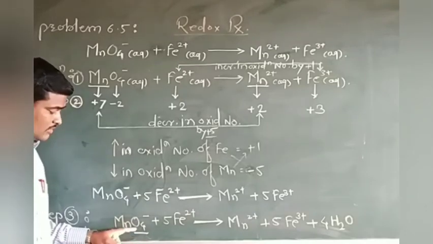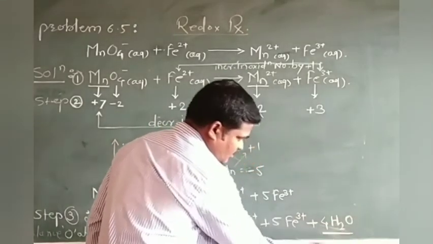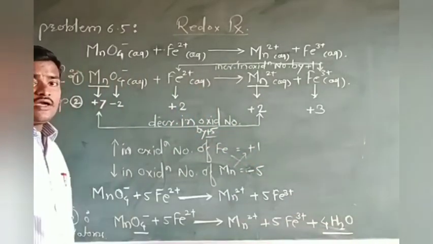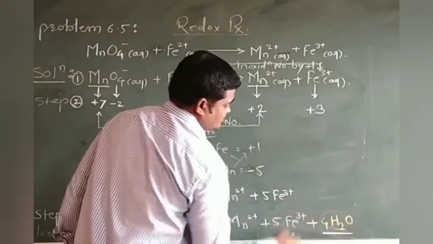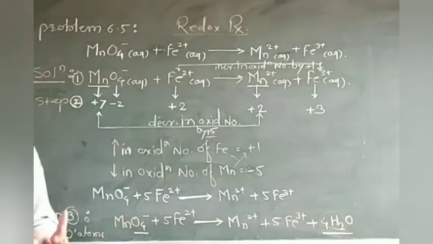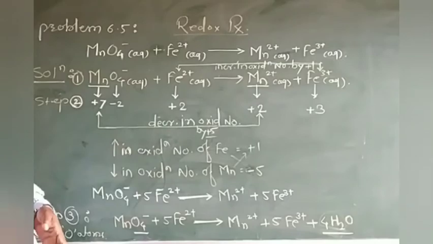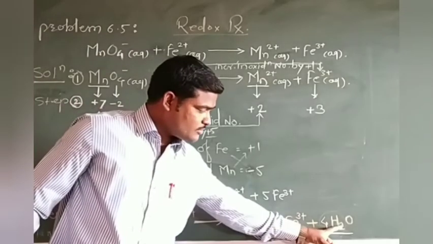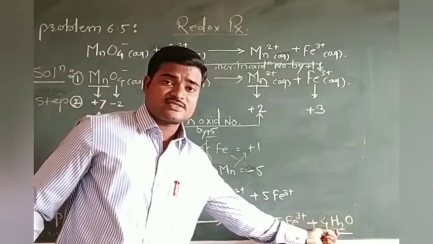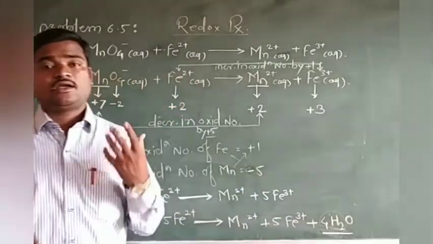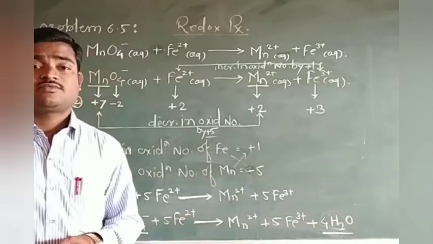Here you have got 4 oxygen atoms, and to balance the oxygen atoms, I have added this term, that is 4H2O, at the right hand side of the equation. So oxygen atoms are now balanced, but what about the hydrogen atoms? Hydrogen atoms are now present extra at the right hand side of the equation. 4 into 2, you have got here 8 H plus ions. So those 8 H plus ions are present extra at the right hand side of the equation.